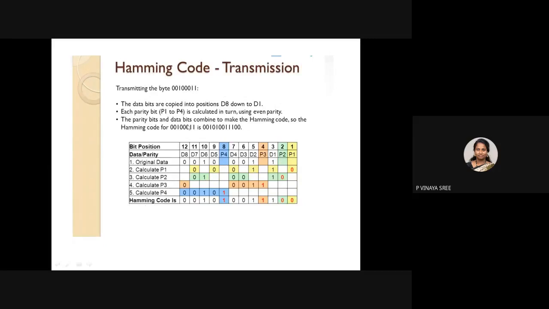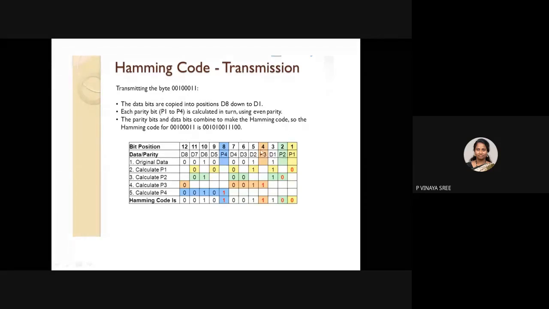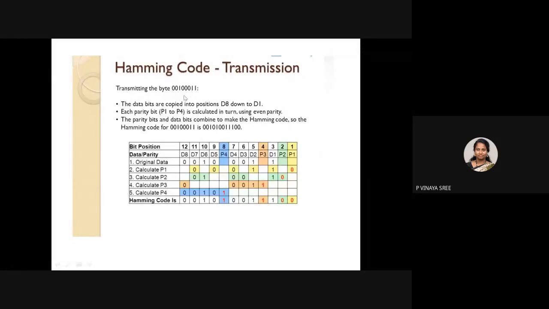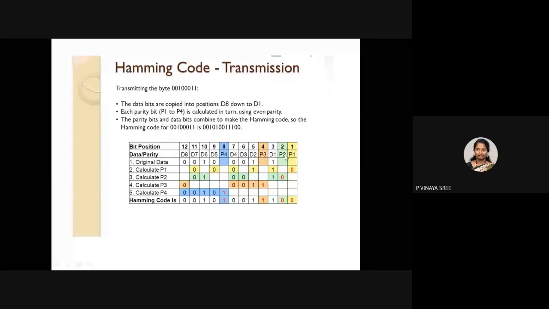This is the message that we want to transmit. Note it down in your notes. I will ask you to find out the p1, p2, p4 and p8 values. This is your 8-bit, 1 byte message, 0010011. It wants to be transmitted, but extra parity bits will also be included so that the receiver can identify whether the received message is correct or not. So this is your Hamming code message after calculating the parity values.